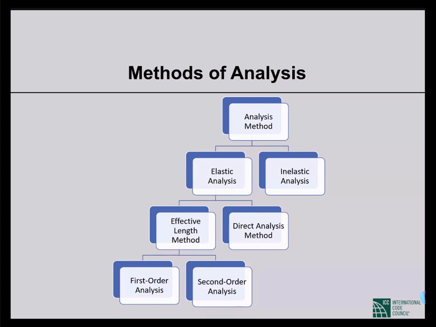So usually we try to go for first order analysis, but there are limitations. So the code imposes restrictions on when we can go for first order analysis and when it is not valid. In the situations when that is not valid, we have to go for second order analysis. So far, that is the usual practice. Either go for first order analysis, if that is not permitted, then go for second order analysis, and that's it. But recently, as I've said, AISC recommends direct analysis method for stability analysis. So tomorrow, hopefully, I'll touch on direct analysis method.